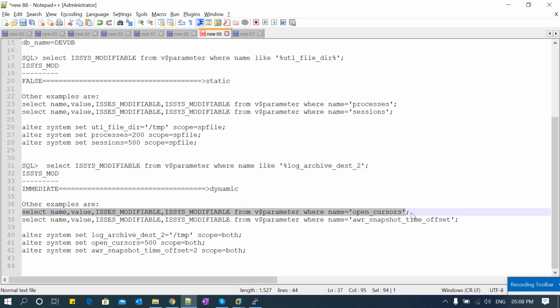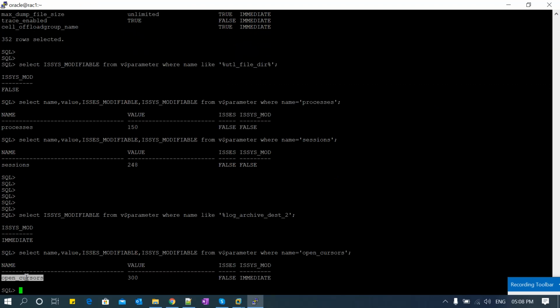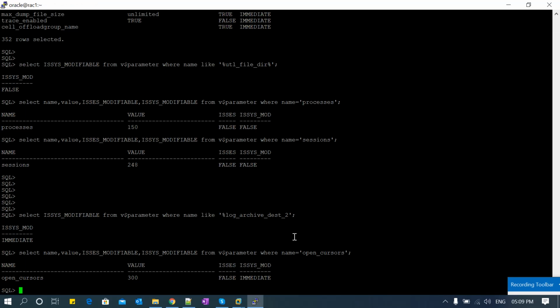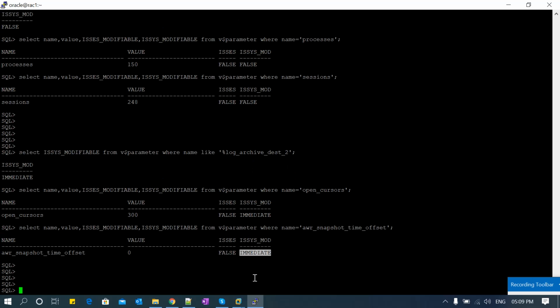There's the open_cursors parameter, currently set to 300, and it's immediate, which means you can increase or decrease it dynamically. And there's one more parameter, awr_snapshot_time_offset. This parameter is set to 0 right now and is also modifiable, so you can modify it immediately without a database bounce.